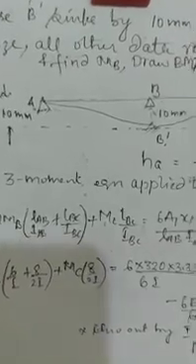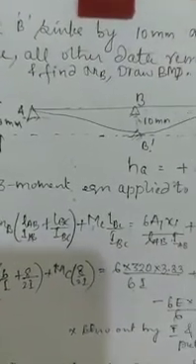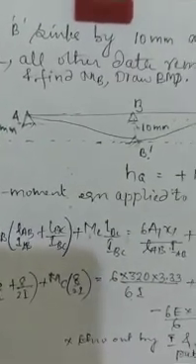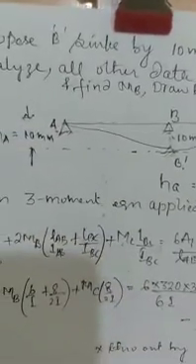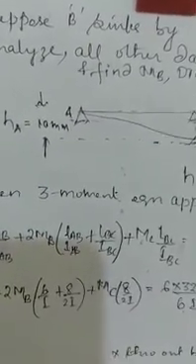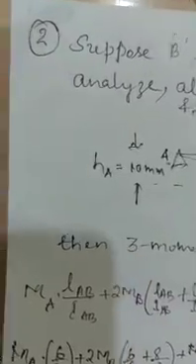Okay, I'll take one more case of support sinking. I'll take the same problem with the same span, same loading, everything. I'll just change the way the support sinking takes place in this case. So problem 2, with the change data I am working. So what is the change in data?